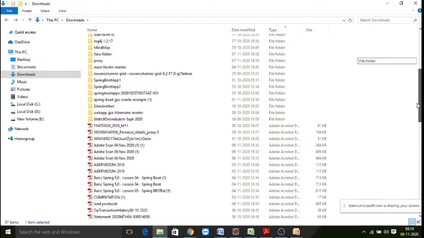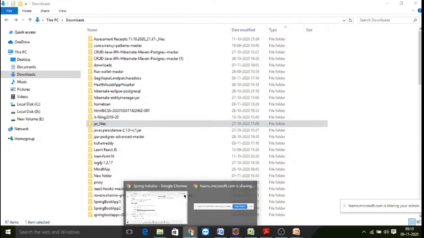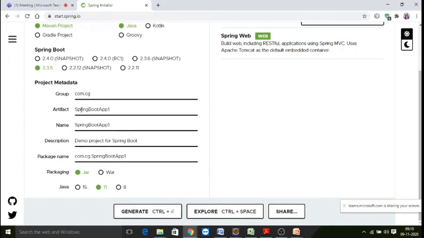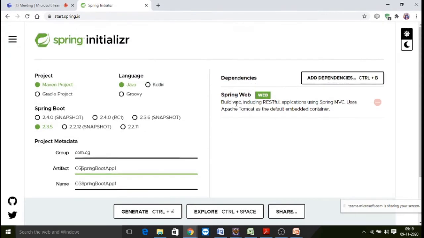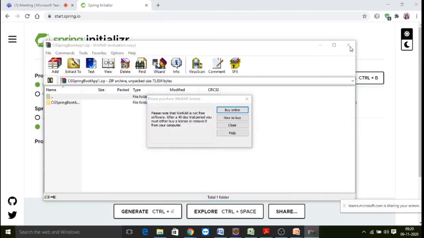Because I have already downloaded one with the same name, it is giving a different one. Let me generate another project. I'll name it CG Spring Boot app 1. I'm going to take the same dependency, Spring Boot web, and then generate. Now it is going to create CG Spring Boot app 1.